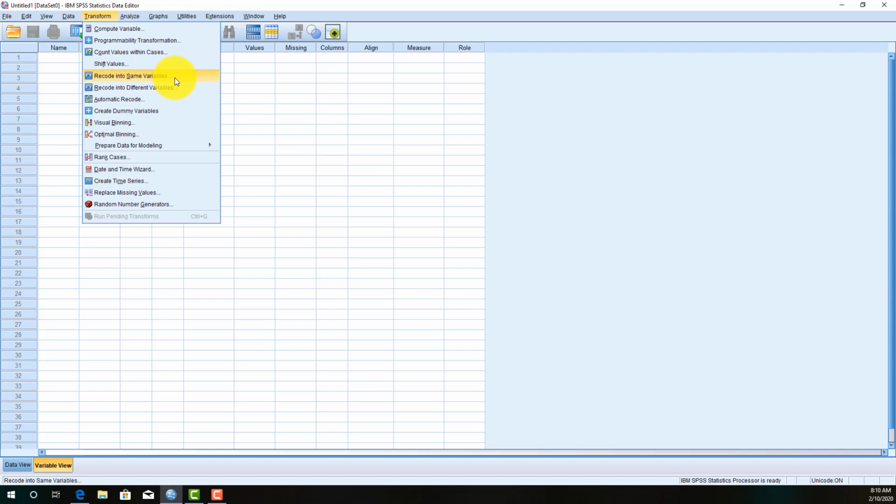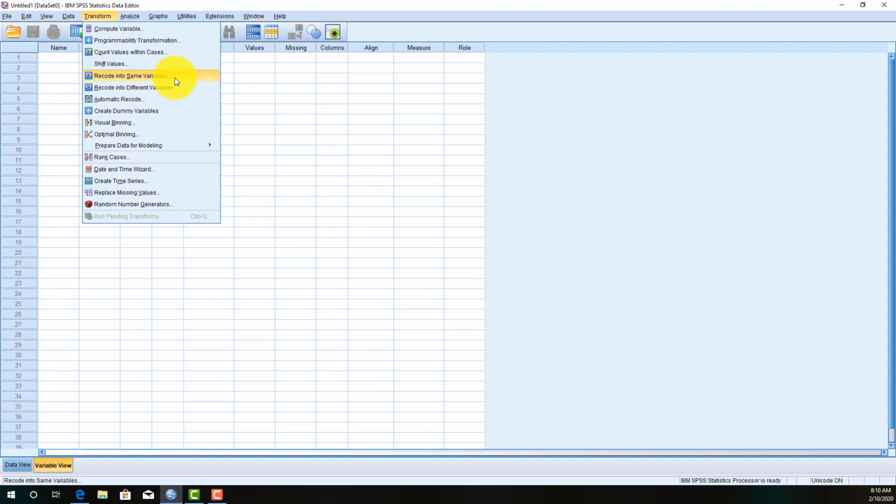Recoding would be a situation where you have your data in one particular structure in your data set and you want to change it, and rather than having to re-enter it all by hand, you can do this on the front end. So for instance, as an example, if I have a survey in which some of the